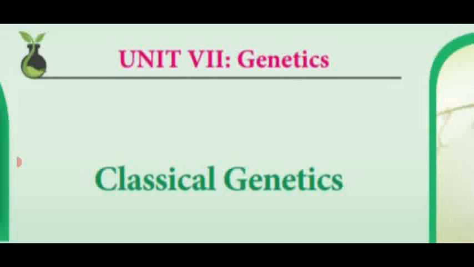It is divided into 4 types. Incomplete dominance, codominance, multiple alleles, and pleiotropic genes are examples of intragenic interaction. In that, we have started incomplete dominance. That is, no blending of genes, no suppression of a gene takes place while crossing different breeds of the parent. That dominance is called incomplete dominance.